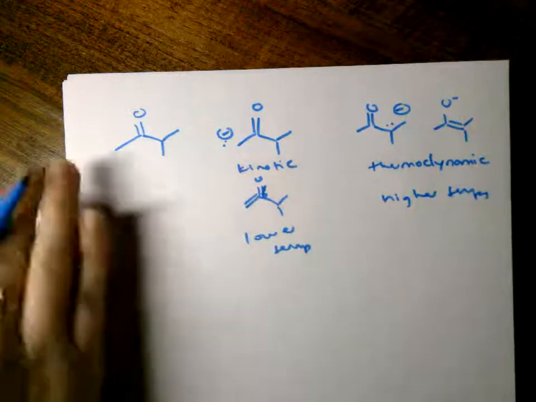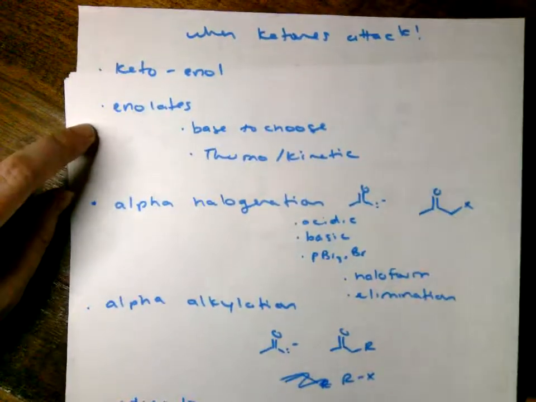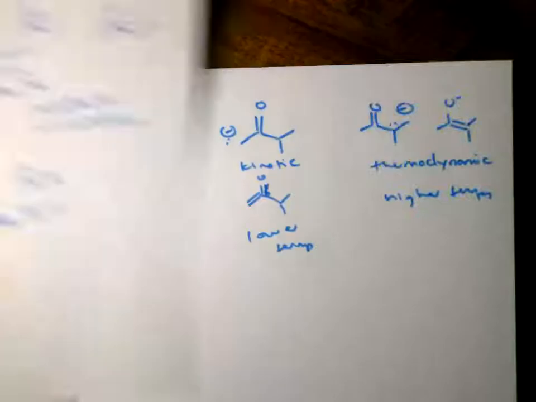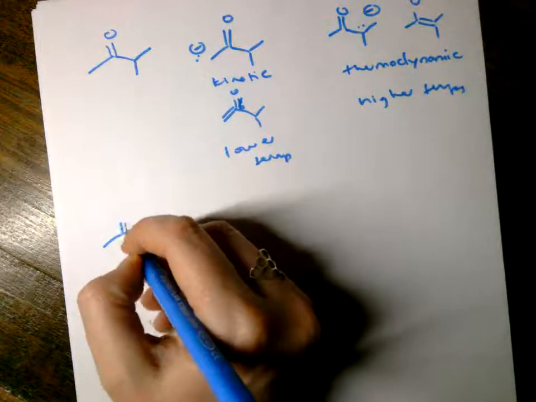Okay, so where are we at on our list? We've talked about what keto-enols are. We've talked about what enolates are. We've talked about thermodynamic and kinetic product. I haven't talked much about the base. So this is basically just an acid-base